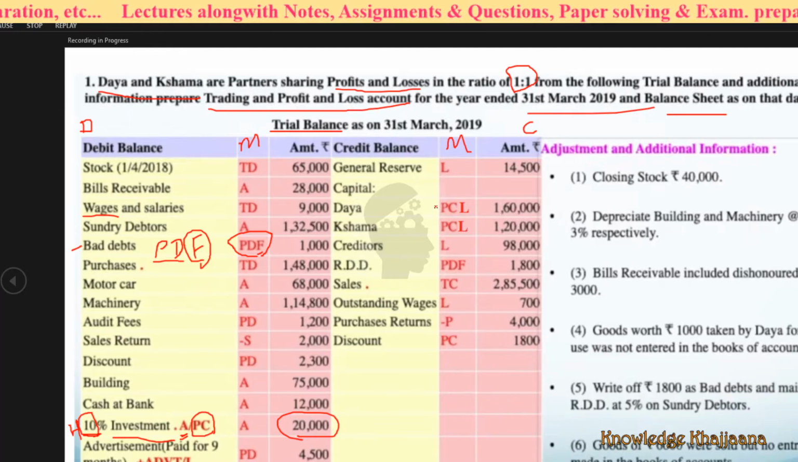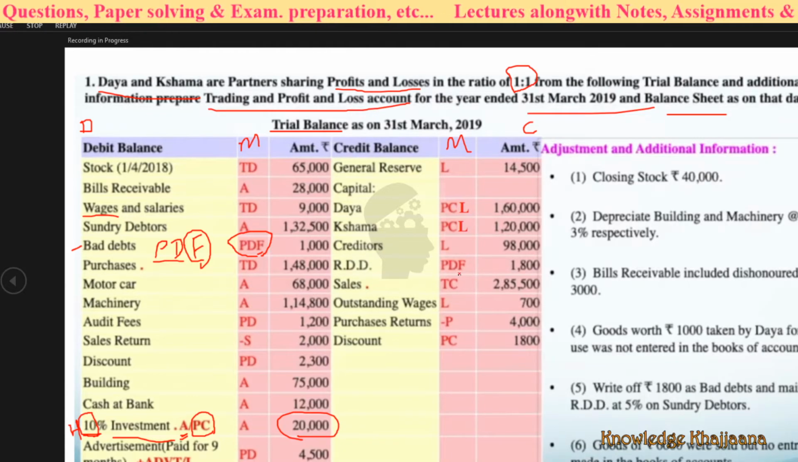Partners capital, PCL means partners capital on the liability side, Daya and Kshama. Then creditors are liability. Reserve for doubtful debts: see, reserve for doubtful debts are given on the credit side of the trial balance. Remember forever. If it is given on the credit side of the